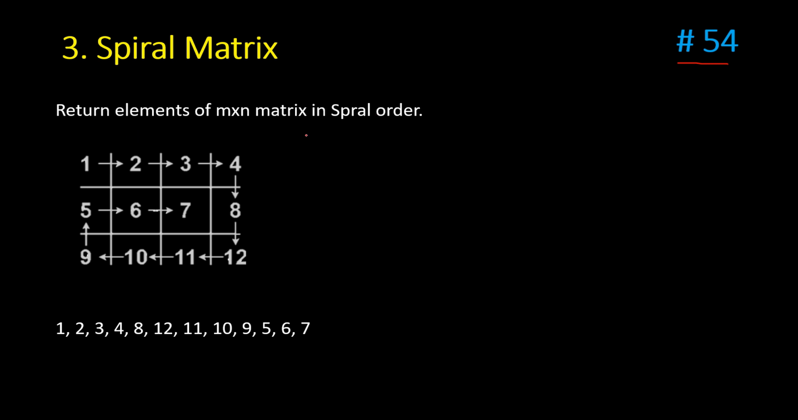You have to print the elements of an m cross n matrix in spiral fashion. There are m rows and n columns. You start from the top left and go to the right, so you visit like this. Then when you reach the end, you come down and change the direction. When you again reach the bottom, you go left